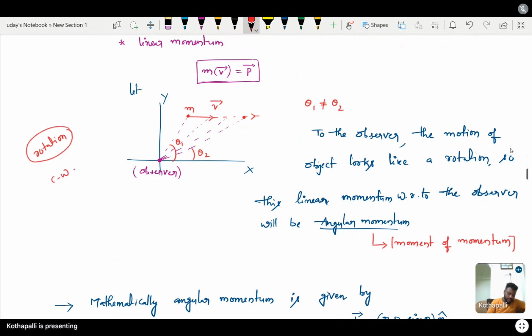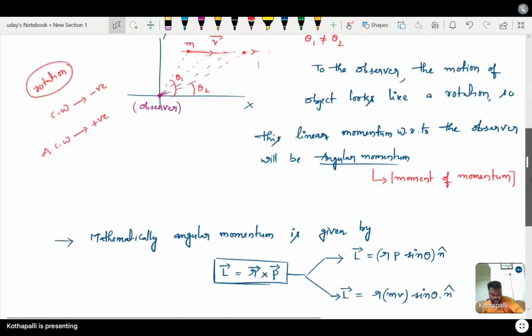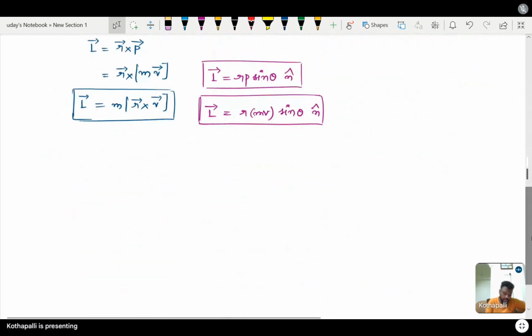Clockwise direction is considered to be negative and anti-clockwise direction is considered to be positive direction. Generally plus z and minus z like that in that point. Now see, to this observer, this point mass is appearing like going like this, where his position vector keeps on changing. Now if I say the cross product of R vector cross P vector at any instant